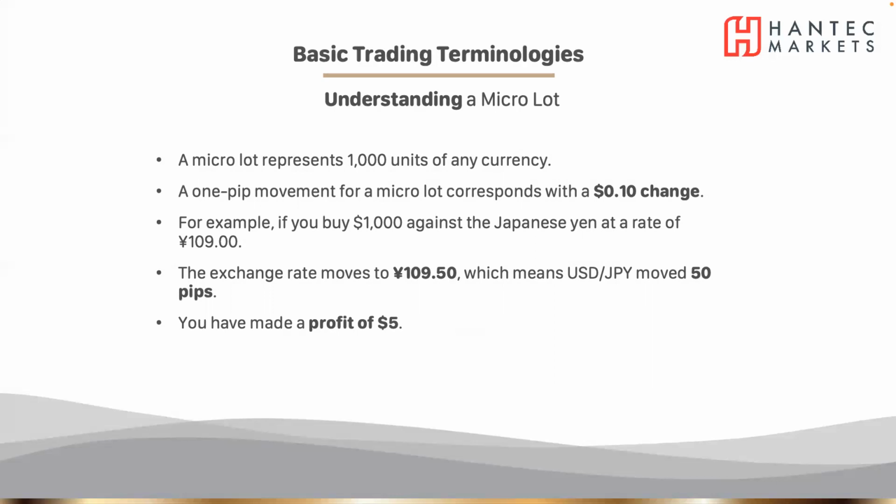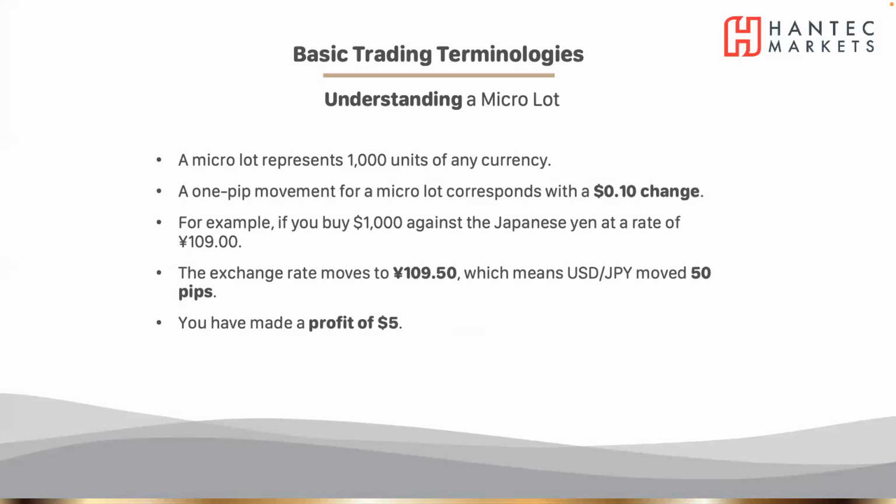A micro lot represents 1,000 units of any currency, okay? Similar to what I said previously. A 1 pip movement for a micro lot corresponds to a 10-cent change, okay? And the example that I use, please take notes, is if you buy 1,000 against Japanese yen at a rate of 109.00. So again, breaking it down, if you buy 1,000, so that is if you trade 0.01 against Japanese yen,